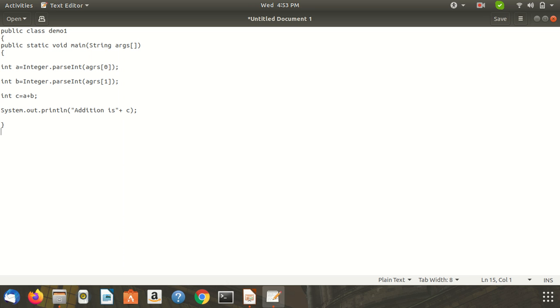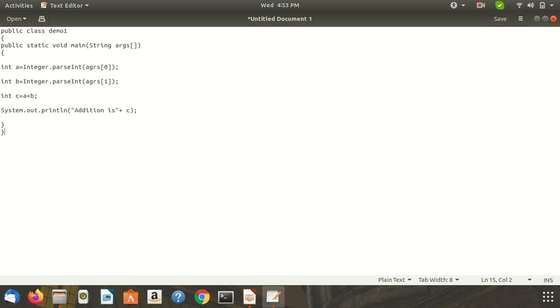Now complete the main method and complete the class. So here we wrote the program in which we read the two command line arguments and stored them in the integer a and integer b, and then c equals a plus b and print the result.